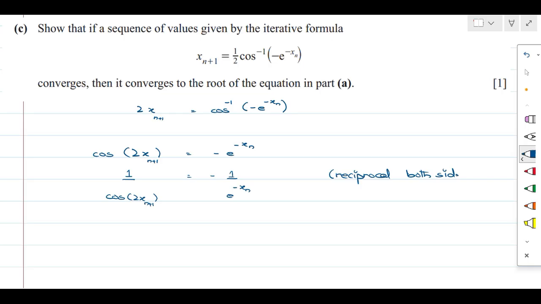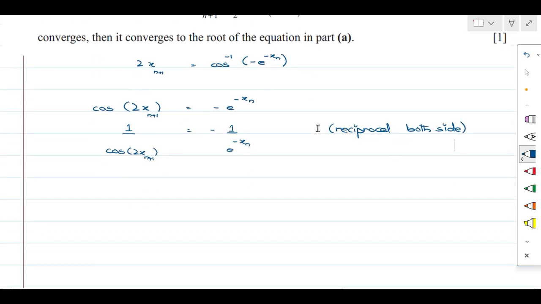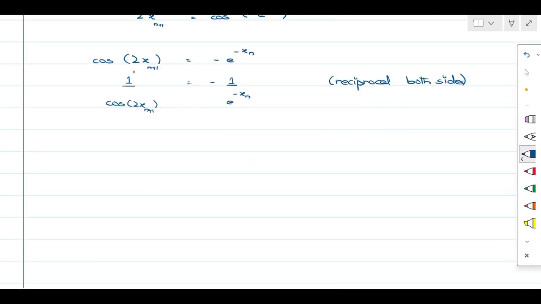So when we do the reciprocal of both sides, right? Now 1 over cos is the ratio secant. 1 over cos, yes, secant of 2 times x subscript n plus 1. This is negative. When you shift this to the numerator, e power positive xn. So you can see this converges